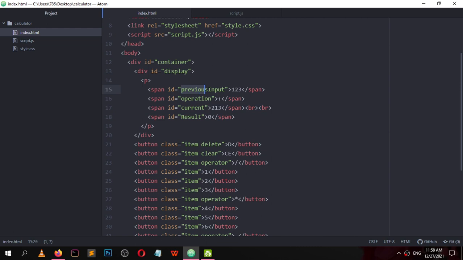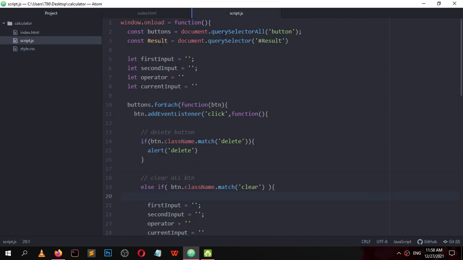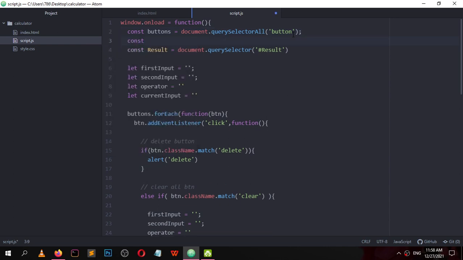So the previous input, we are going to select previous input. First, previous input is document.querySelector with an ID. Query selector has an ID previous input.